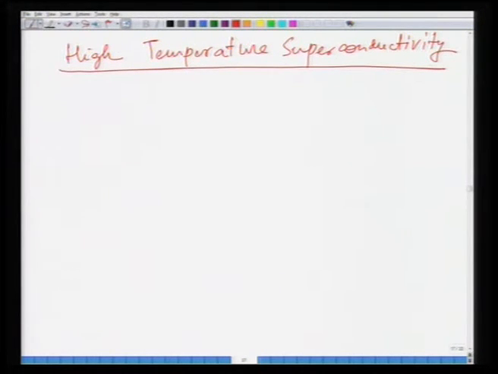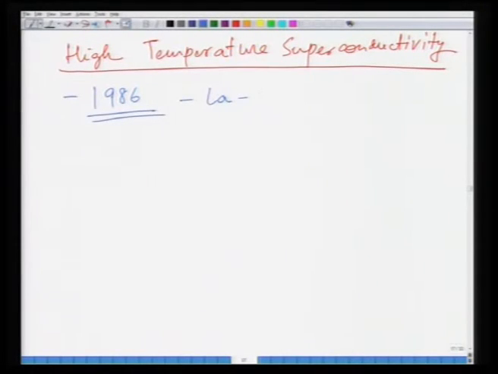And high temperature superconductivity, as I said in the beginning of the lecture, was discovered in 1986 by George Bednorz and Karl Muller at IBM Zurich, when they discovered superconductivity in this perovskite oxide, which was essentially lanthanum based. It was a cuprate layered oxide, essentially a lanthanum based cuprate, and they discovered this at around 35 to 40 Kelvin,